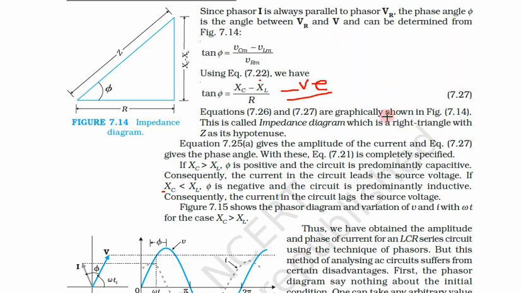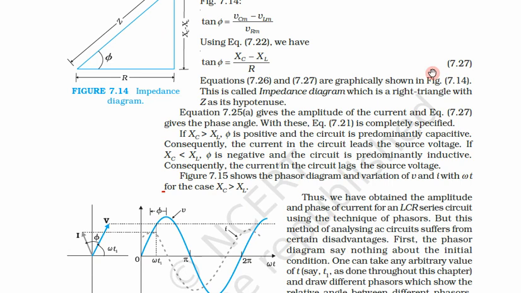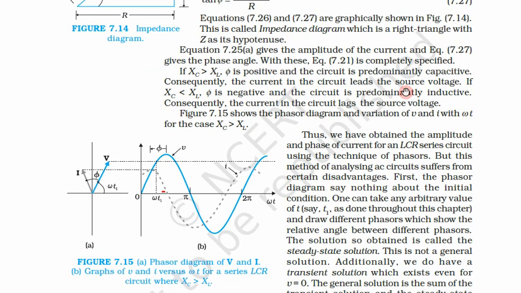So these are the consequences of choosing different values of C and L. And we know XL is omega L and XC is equal to 1 by omega C. So using different values of capacitance and inductance gives different values of XL and XC. So based on the value of capacitance and inductance, we can determine the phase angle.